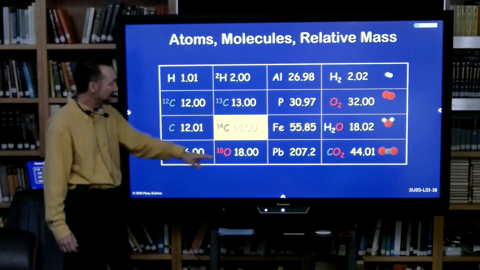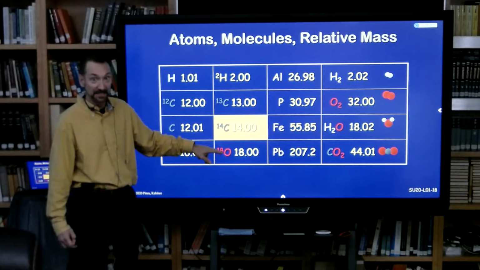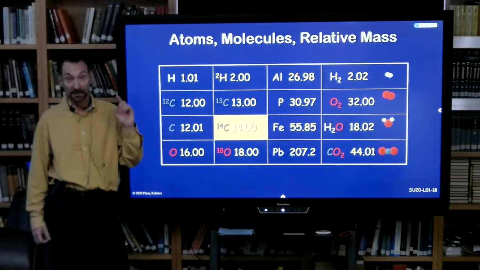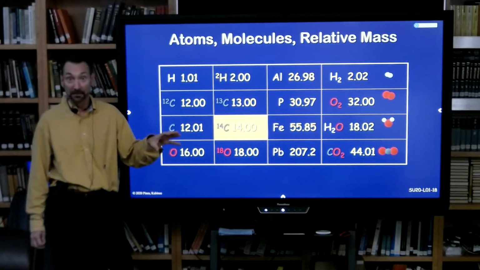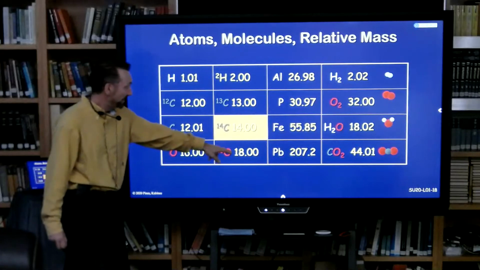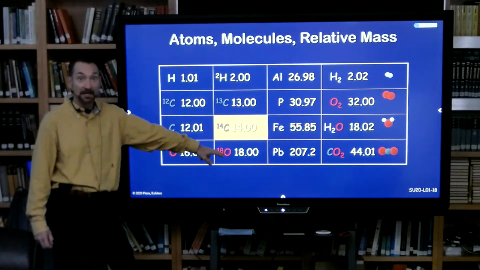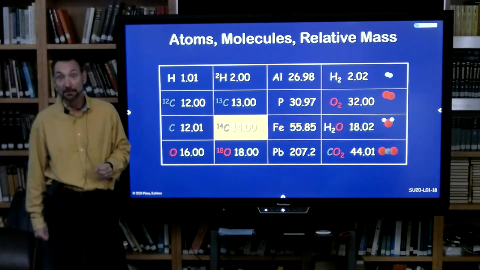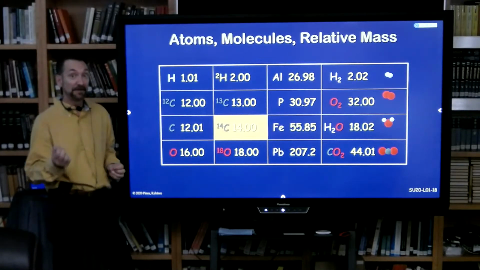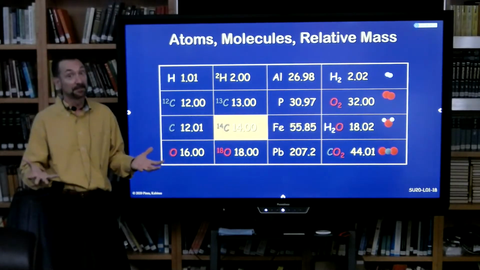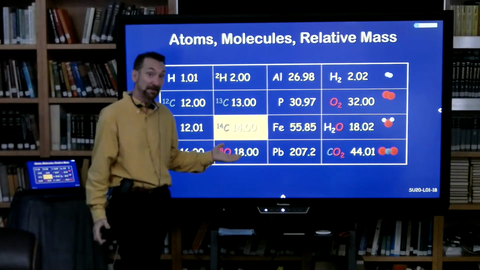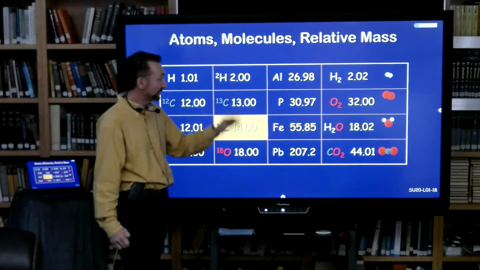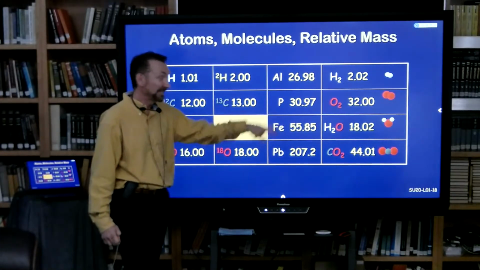So remember, we said last time the mass number isn't unique. The mass number does not tell you what the particle is. If it's an atom, it's only the number of protons in the nucleus. So this oxygen still has 8 protons in its nucleus. It just has an extra 2 neutrons. And those don't in general affect the properties very much. They affect the mass, but in 99% of the things we do, the mass of the particle doesn't matter. The nucleus matters, we'll talk about it in a minute, in how we get these relative masses.